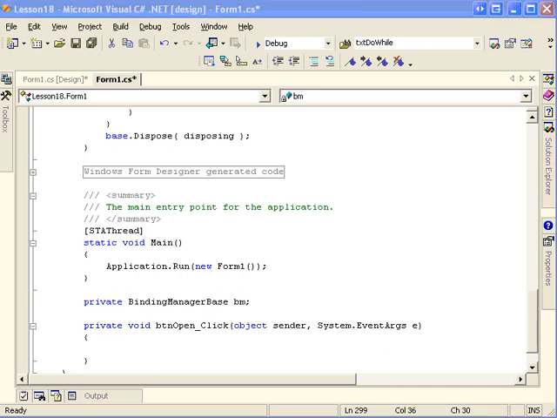And the Binding Manager Base has a unique responsibility, and that is to signal to all the controls on the form that a position change has occurred in a given data table, whether the current data row has gone backward or forward. It'll become a little more obvious in just a moment, but we'll use this in order to trigger